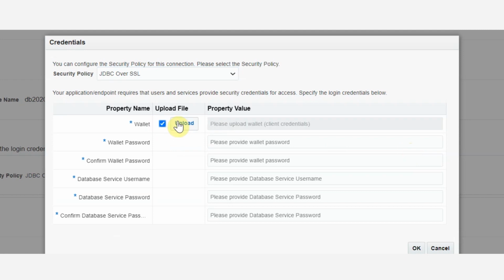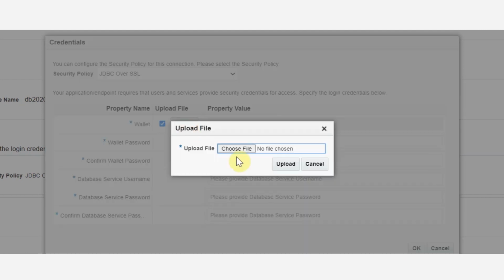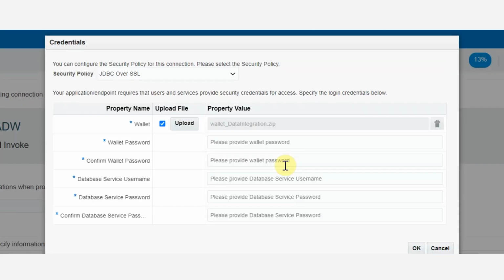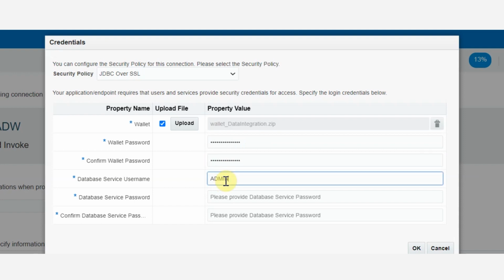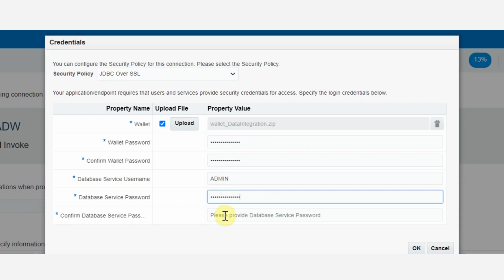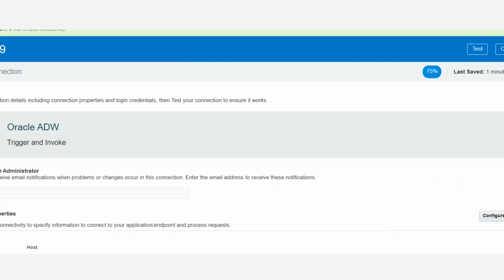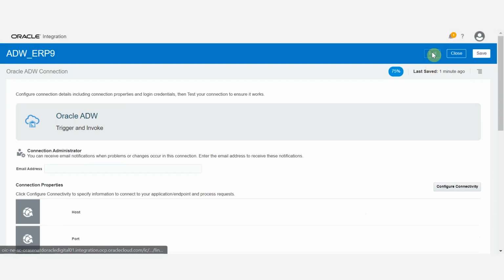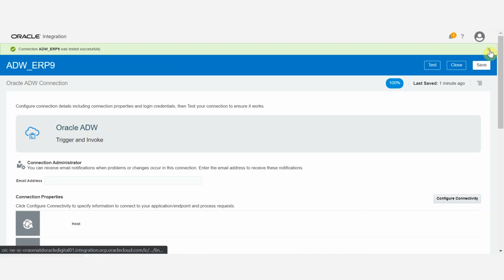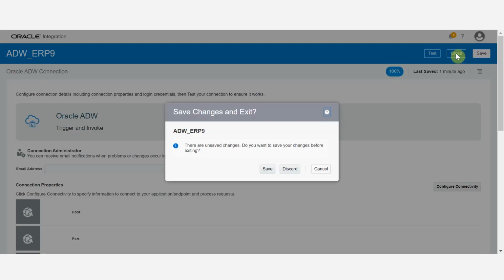Upload your wallet file and enter all the security details. Then click on the OK button. Scroll to the top and click on the Test button and then the Save button.